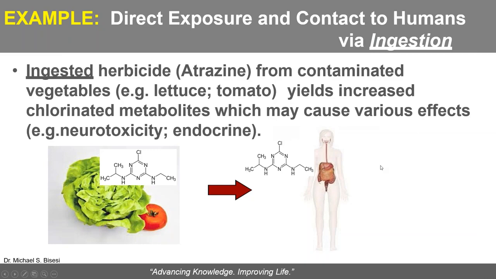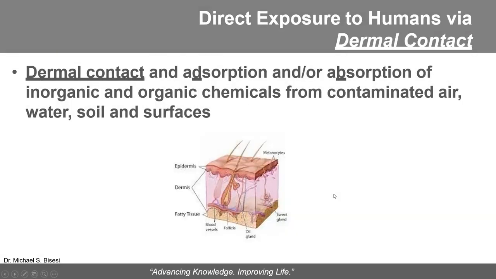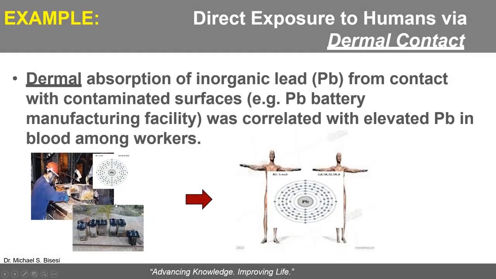And then a final one, ingested herbicides such as atrazine, vegetables treated with the herbicide to control weed growth. But again, the residual presence of the herbicide, consuming the vegetables now is a mode of exposure, ingestion mode. And the same, or similar, can be stated for the integument, specifically the dermal system. So I'll leave it at that. You'll have access to these slides with some examples.